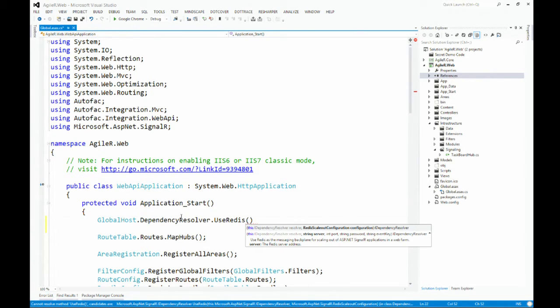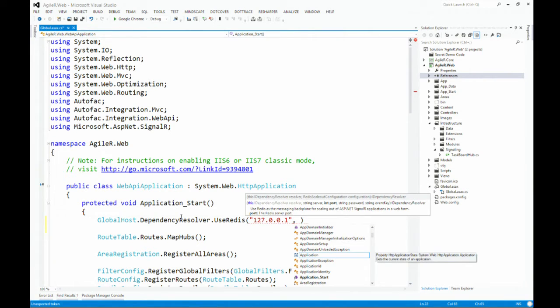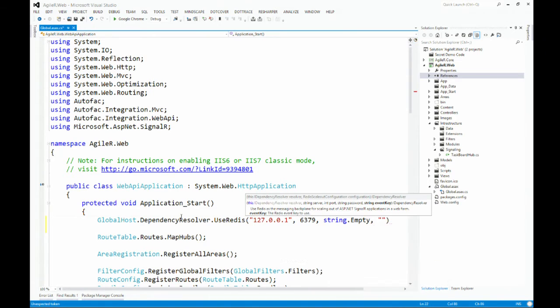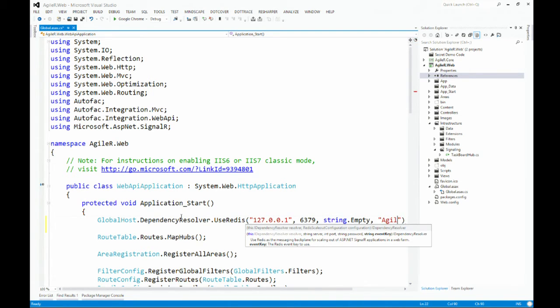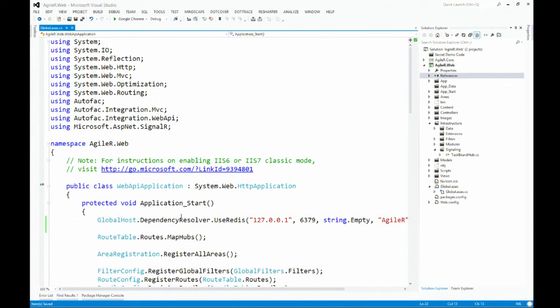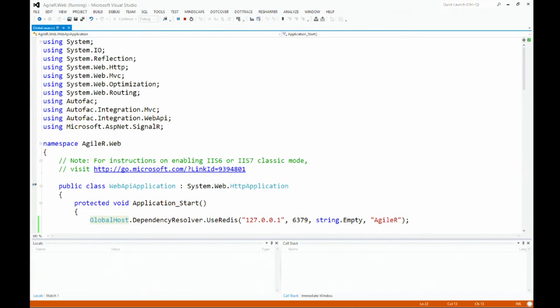We can pass in a Redis scale-out configuration, or just use the various parameters. Redis is on my local machine. I know that because I installed it. It's got a default port. And don't look at the password. Close your eyes. String.Empty. And an event key. I'm just going to say AgileR because that's the name of my killer new taskboard app. That's it. Install Redis, change one line, and run.